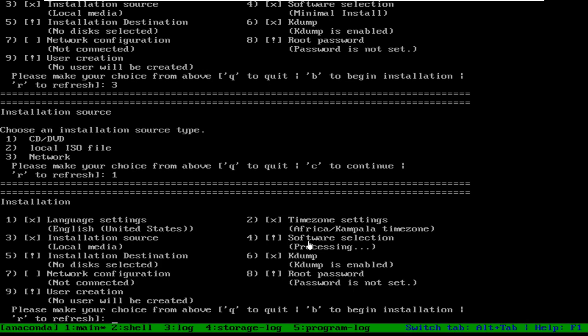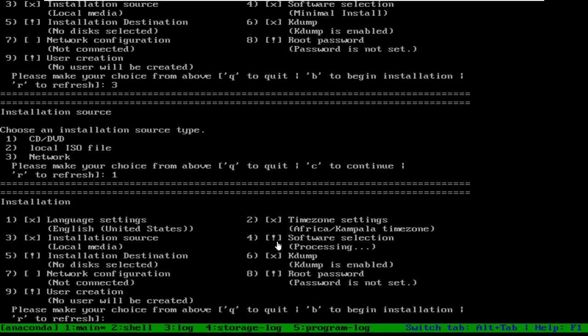So if you want to select based on your requirement, you can go for number 4. By default it selects minimum installation. Minimum installation means it will not install any graphical options or any other software; it will install only the basic software required for running the server. If you want a graphical interface after installation, you have to decide it in this number 4.